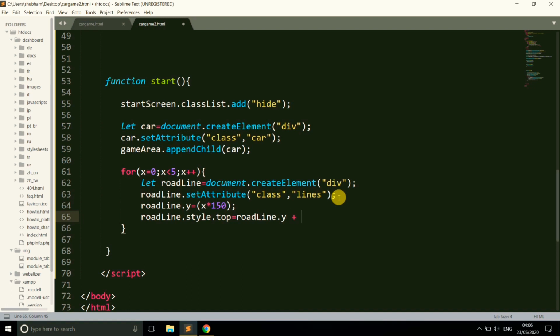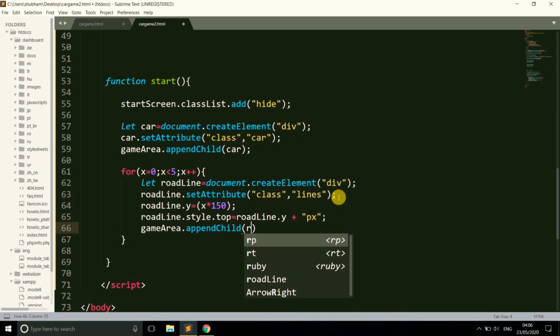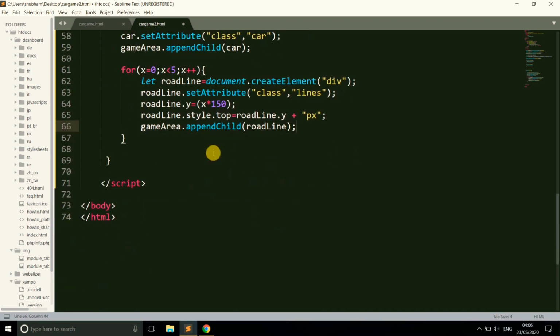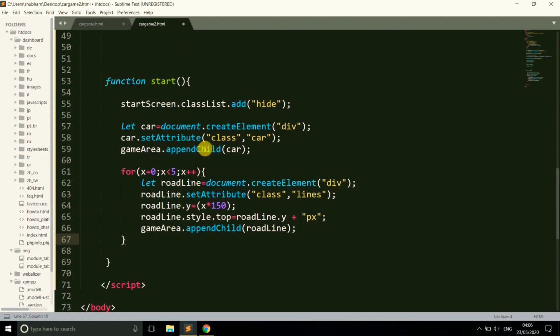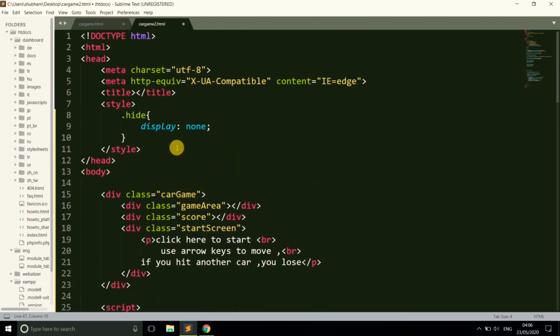In the game you can see when two lines come, there is a distance between them, which is 150 pixels. Now just set style.top equal to roadLine.y plus px, and append this to the game area: gameArea.appendChild(roadLine).